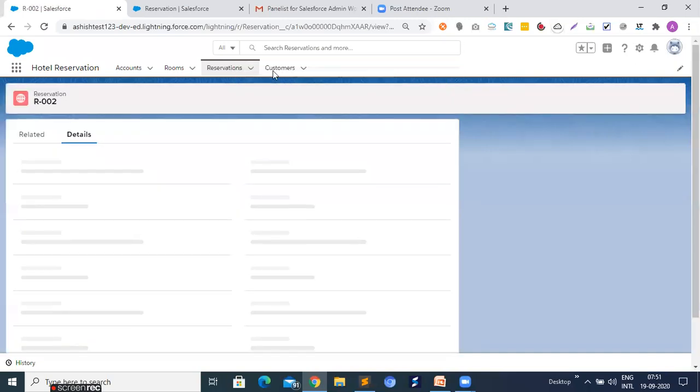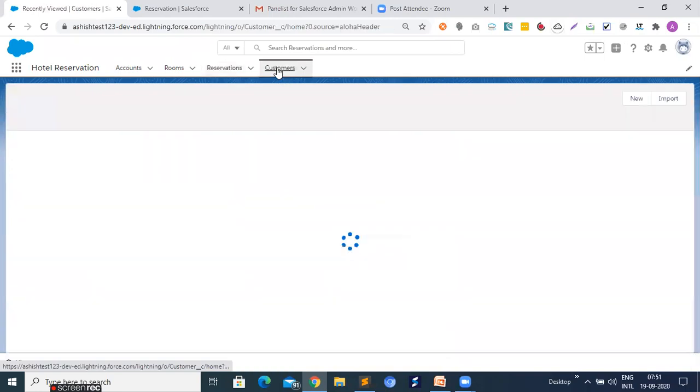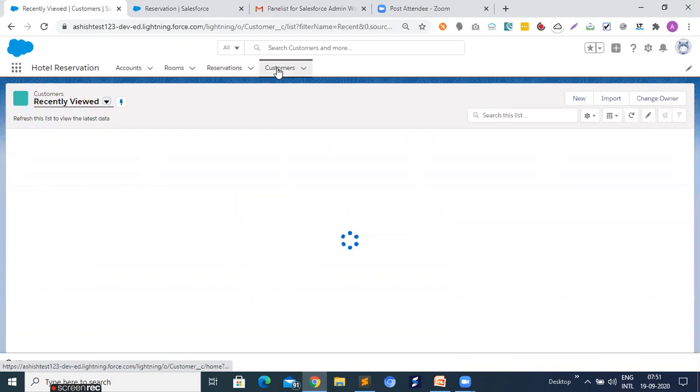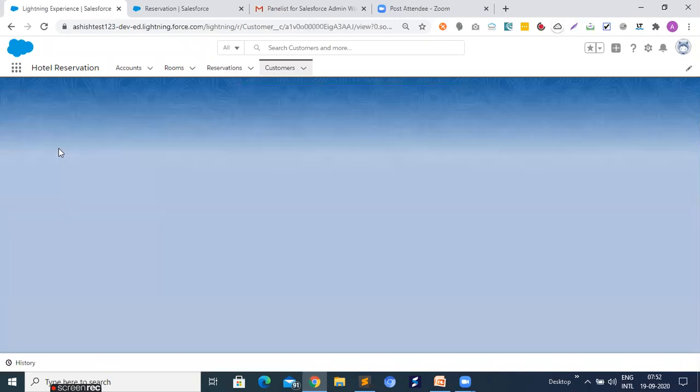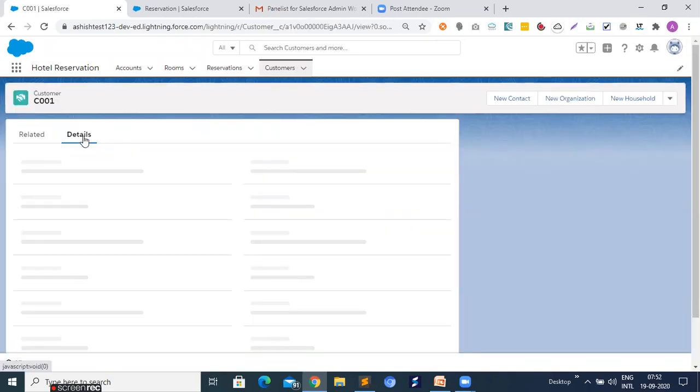Right, now we move to customer record. Just open this particular customer. In a customer record, we have two tabs. The one is details tab, where you get the details of the customer, right?